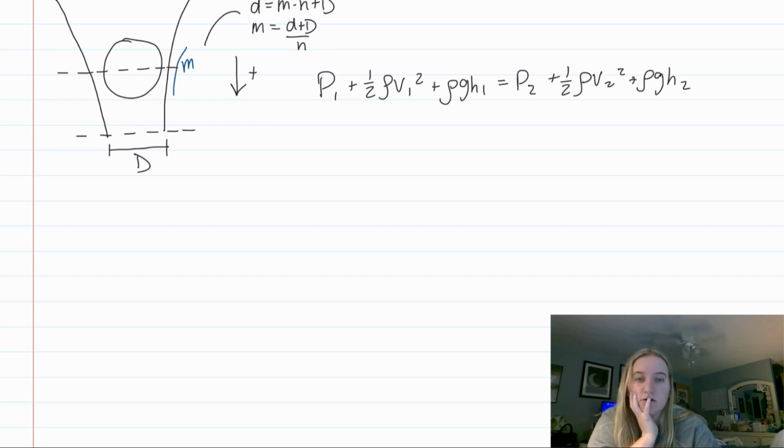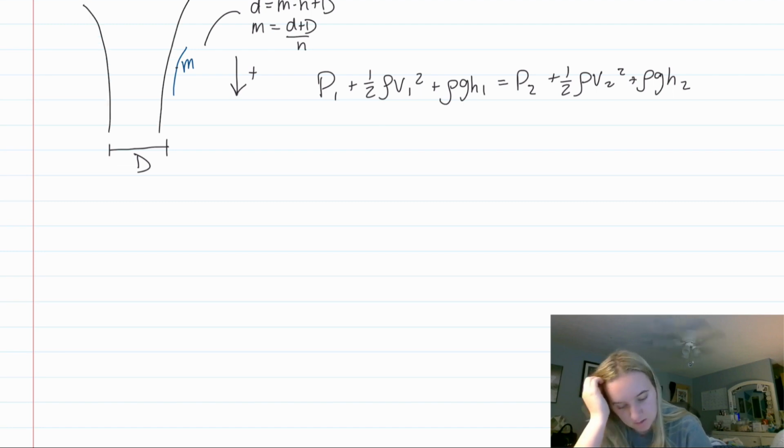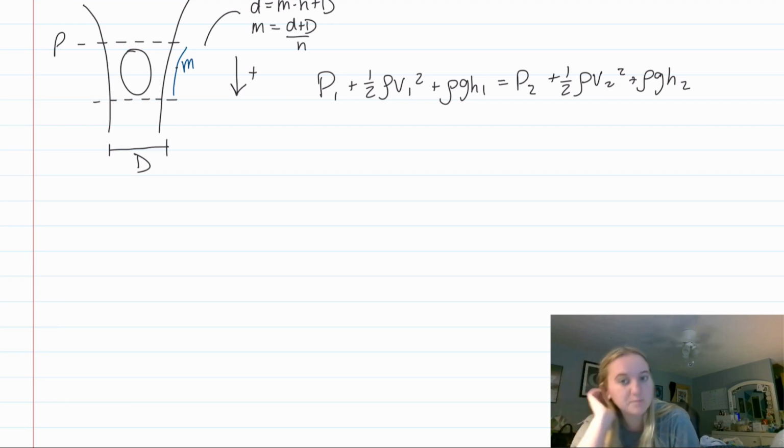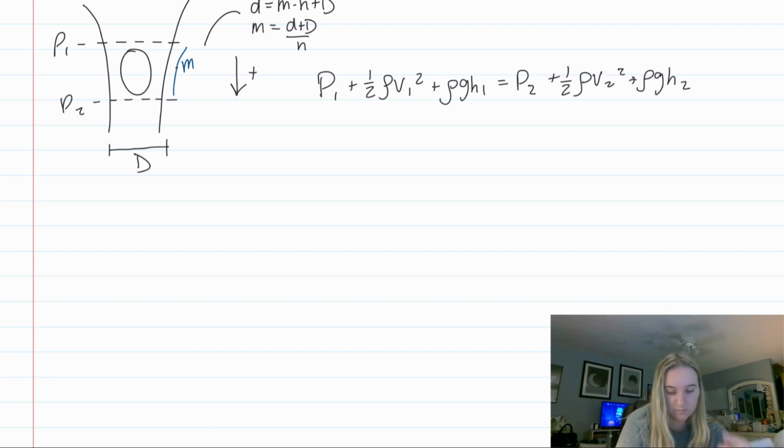So we're going to apply Bernoulli's equation between 2 points, which just, oh, sorry, my line's wrong. Well, we can fix that. So we're going to apply it just before the ball and then just after the ball here. So this is going to be P1, that's going to be P2, and